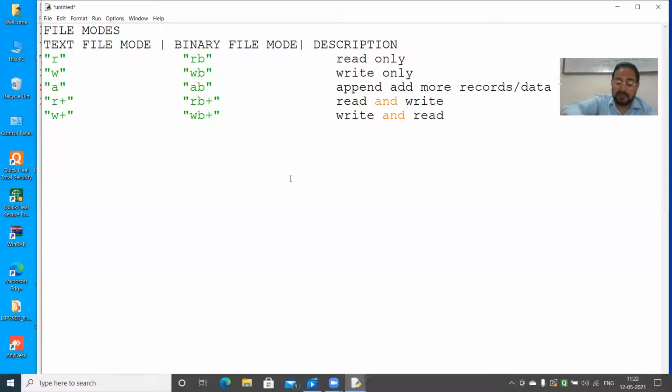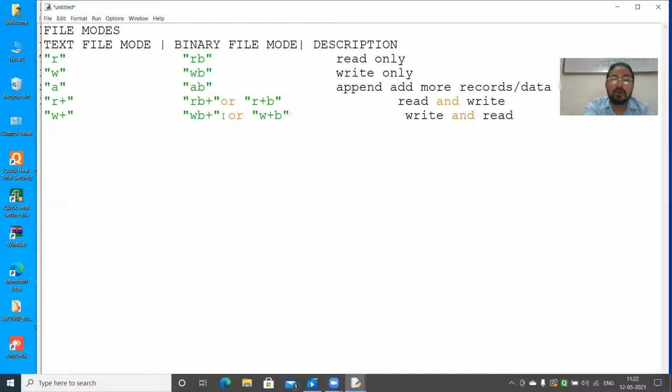Now this can be written also as R plus B, that is also allowed, and this also can be written as W plus B. Hopefully the point is clear to you.